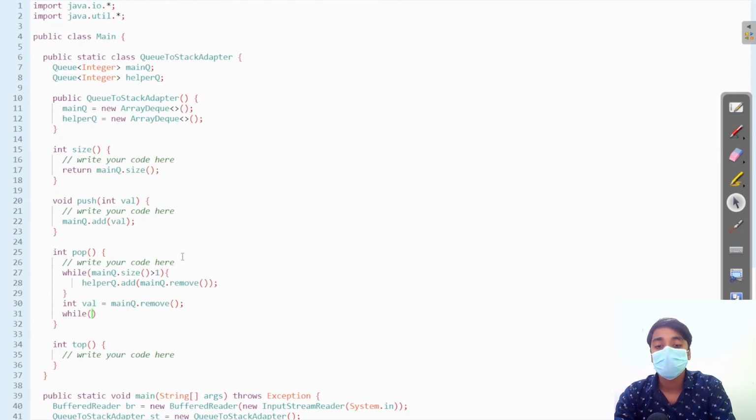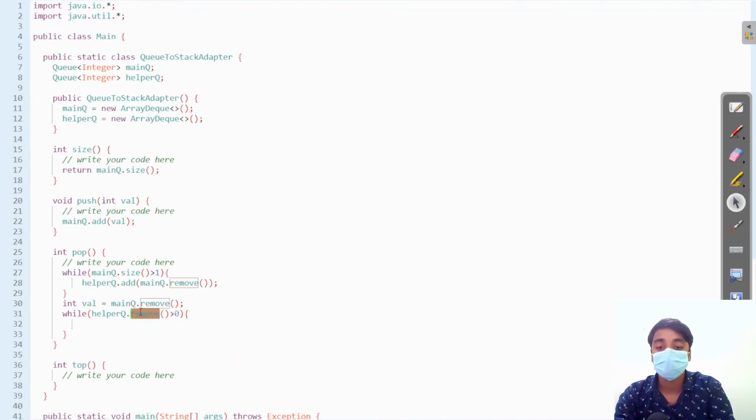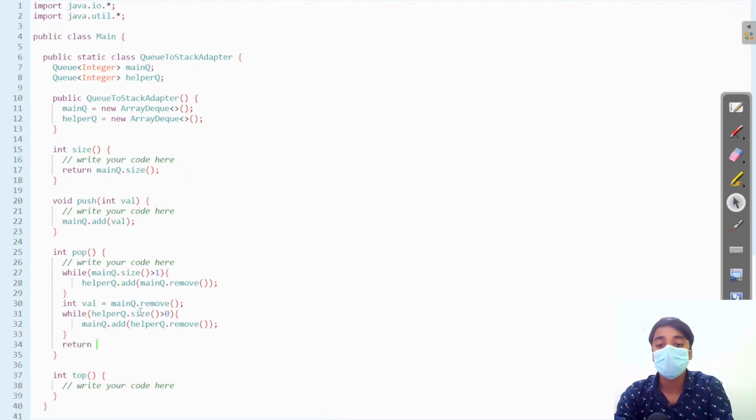Now again add all the values from the helper queue, so that our main queue will have all the elements except the popped last element. Add helper queue dot remove. This will remove all the values from the helper and add them in the main queue, and then return the pop value.